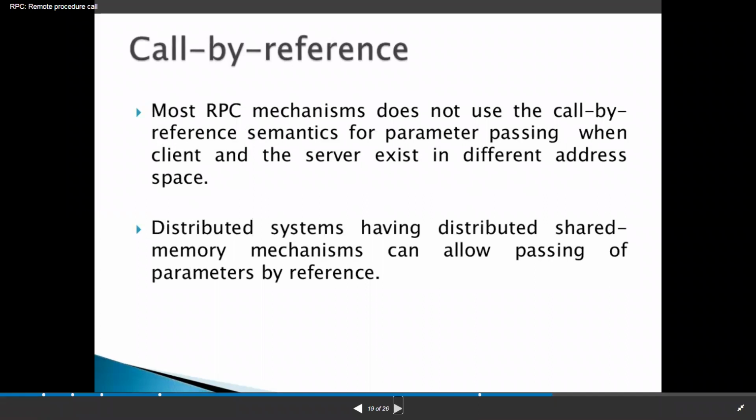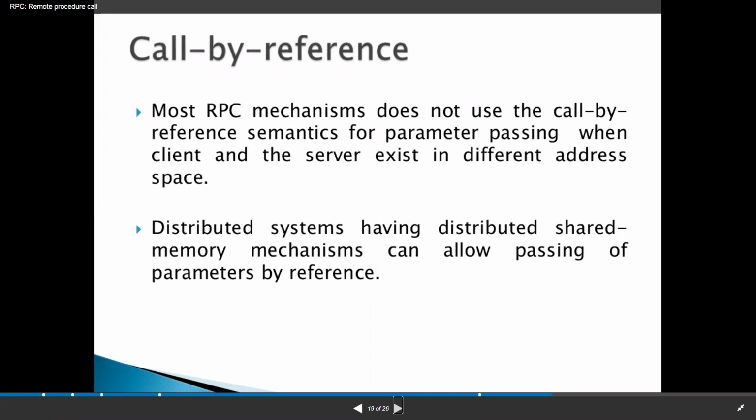Now the call by reference. These two, call by value and call by reference, are the methods which are used to pass the parameters. See, most RPC mechanisms do not use call by reference semantics for parameter passing. Why?